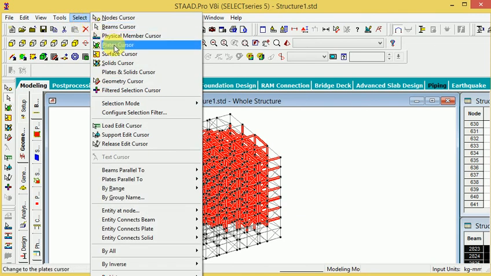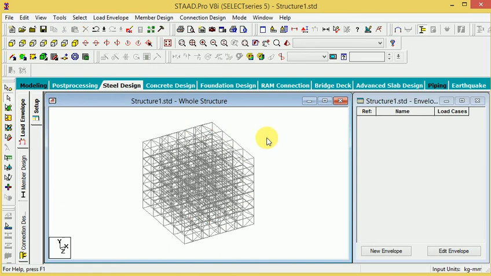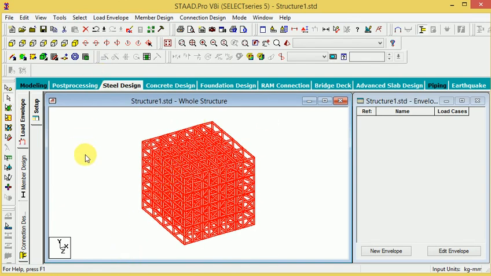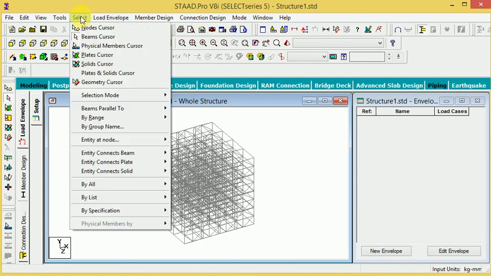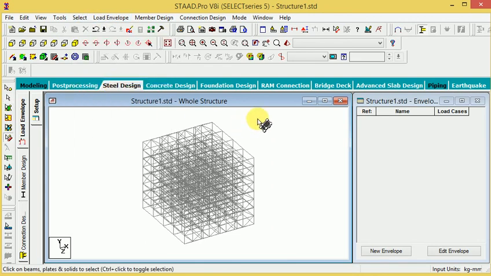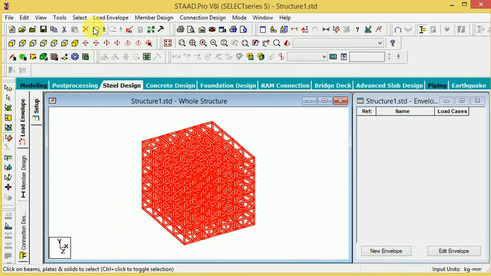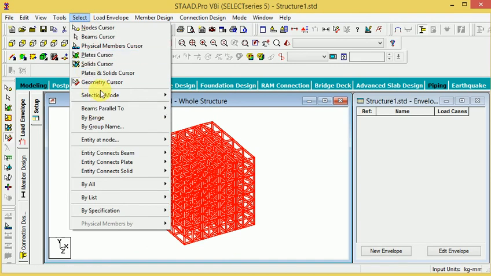Same thing is different here: plate cursor, surface cursor, solid cursor. If you want geometry selection, all geometry is selected. Look at this, this is the geometry cursor selection. When you click all components, all bodies are selected at one time. And if you select again, it is a different matter.